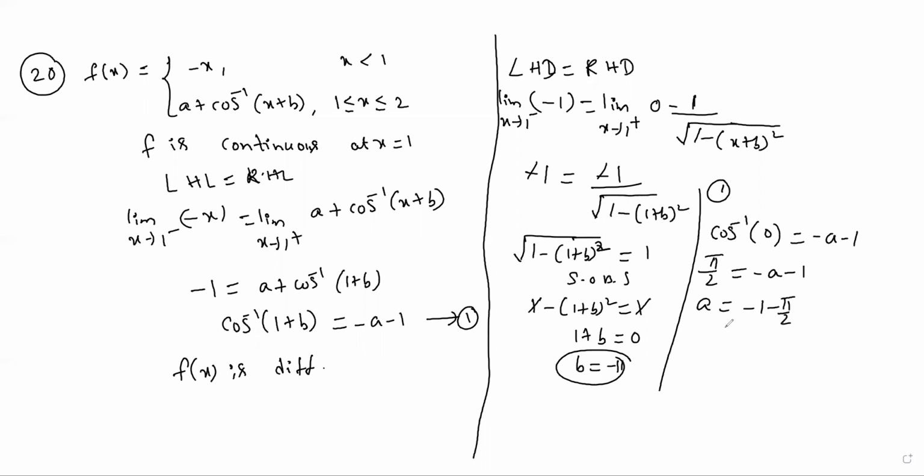Now I will take minus common in this and take the LCM also: minus (2 plus pi by 2). Now I'll divide a by b. By dividing a and b, minus minus gets cancelled. What will we get finally? (2 plus pi) by 2, or (pi plus 2) by 2. That is option A, the correct one.